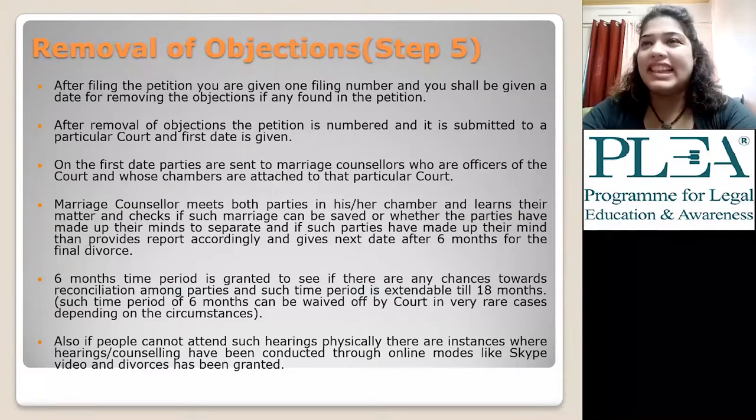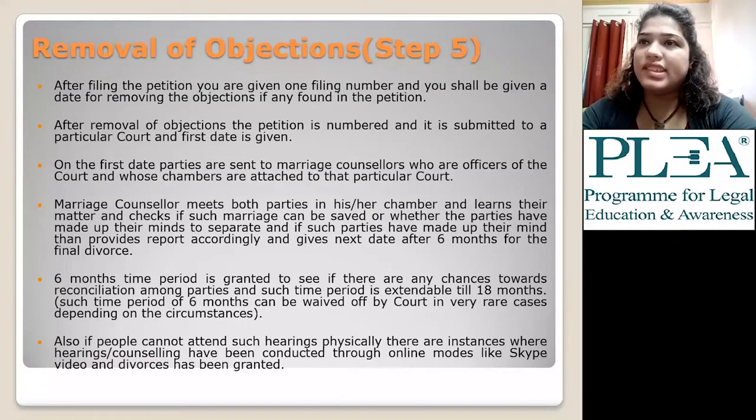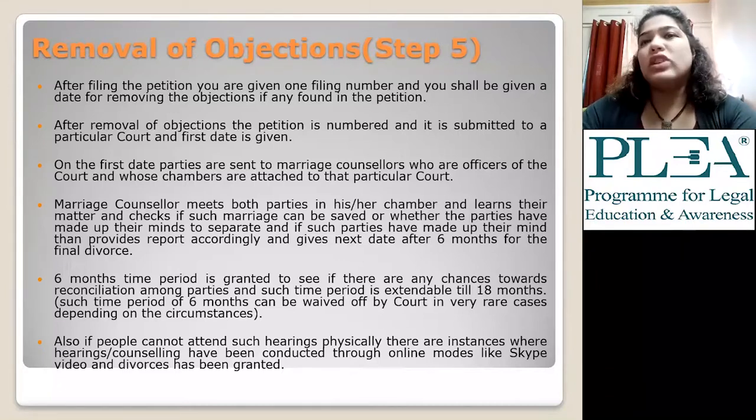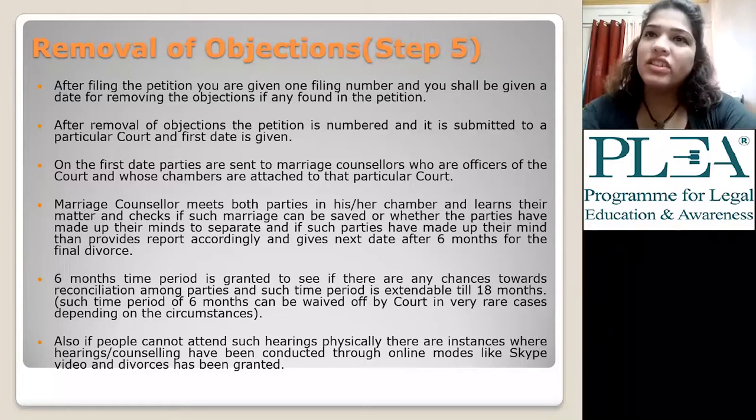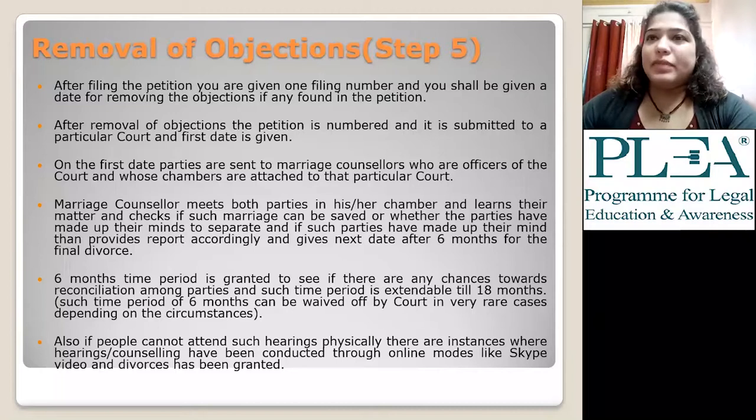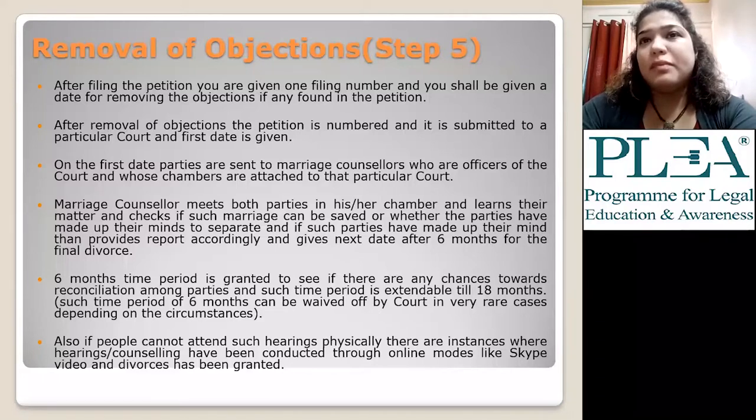The objections are very minor, like any typo, or if any particular thing is not specified regarding stamp duty payment, or regarding the fact that the divorce terms have not been obtained by any force or undue influence from any party. All those terms you have to specify properly. If such terms are not written, then you can just write them by hand. You have to ask the filing department of the court, and they will explain. Normally they explain. And after the removal of objection, the petition is numbered and it is submitted to a particular